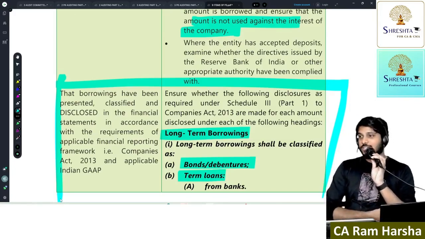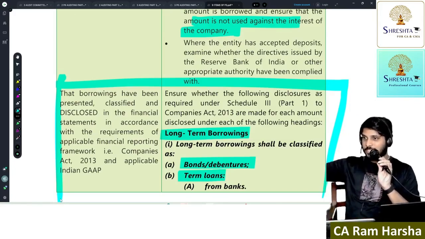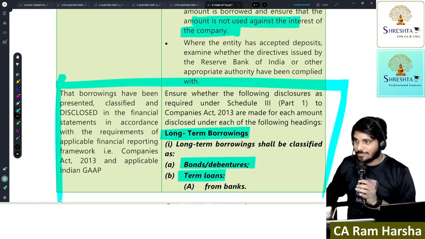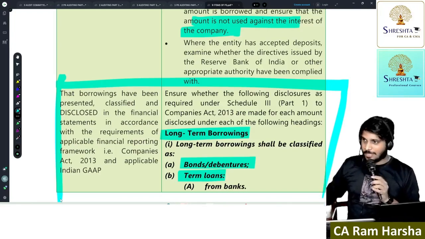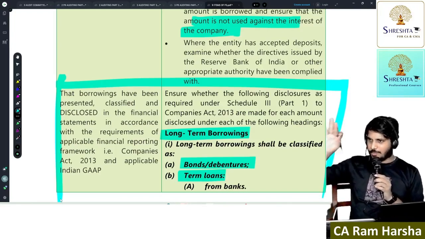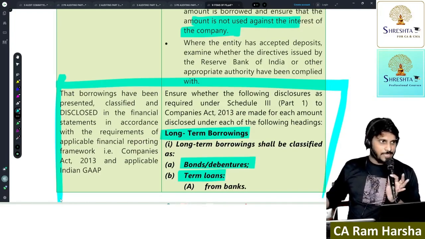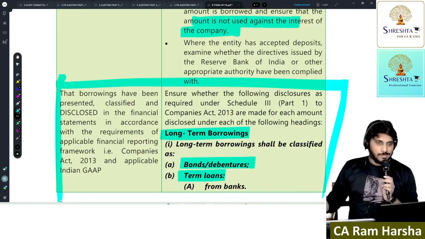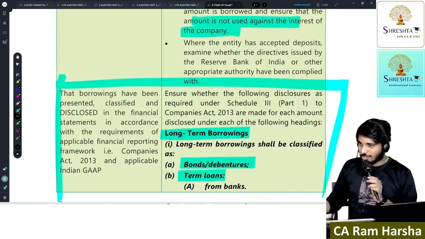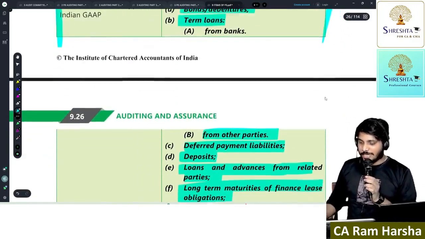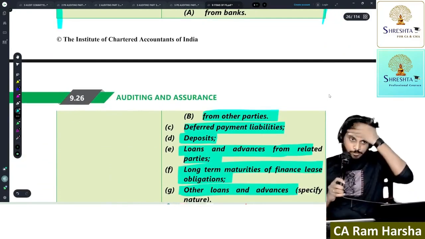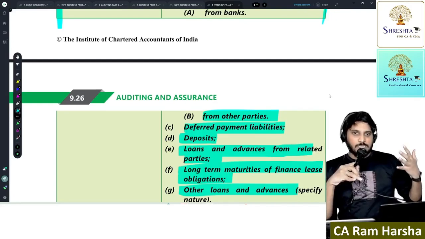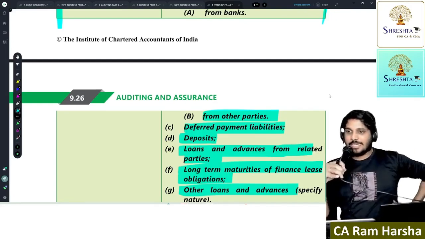In a regular audit class, first we give a 5-hour Schedule 3 class. First watch that Schedule 3 video, where our accounts faculty will explain. So 4 to 5 hours is purely Schedule 3, and complete Schedule 3 will be discussed. Only then will we ask them to watch this chapter. Understood? Items of financial statements is an approximately 8 to 10 hour chapter, including Schedule 3. That too, we can't discuss in depth entirely.